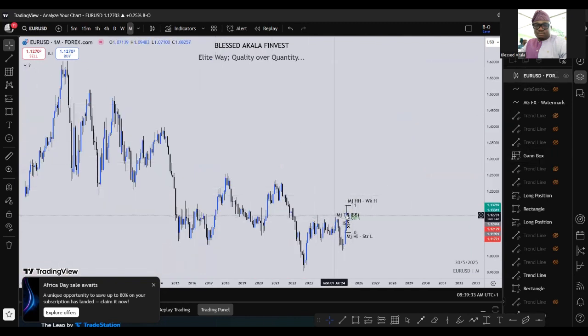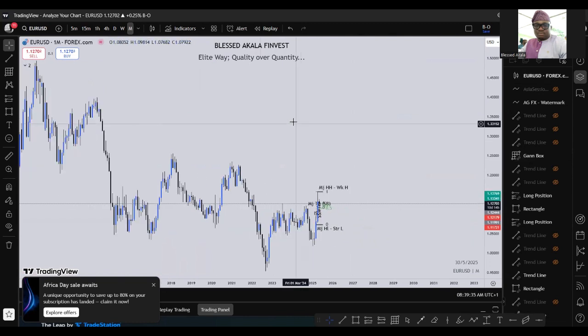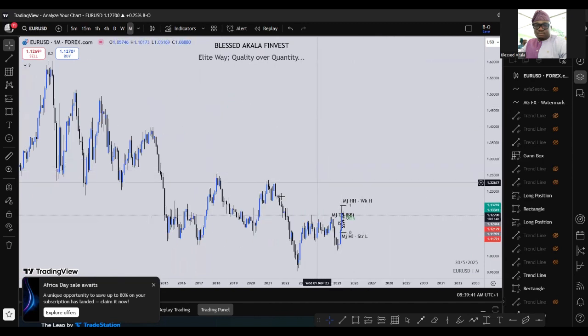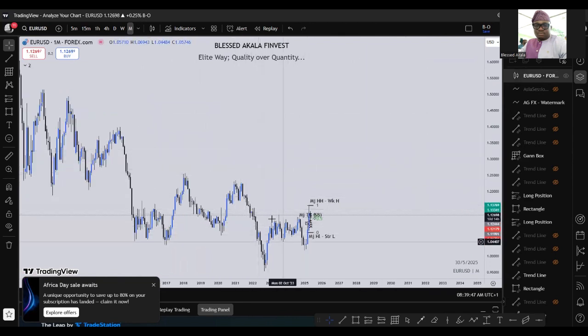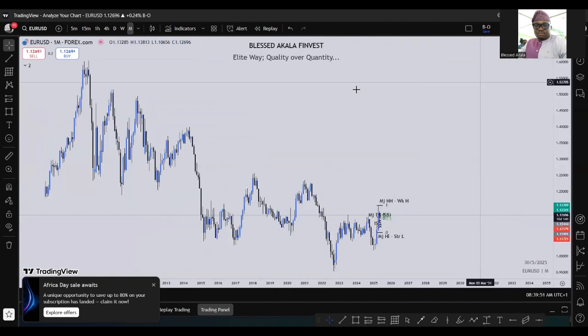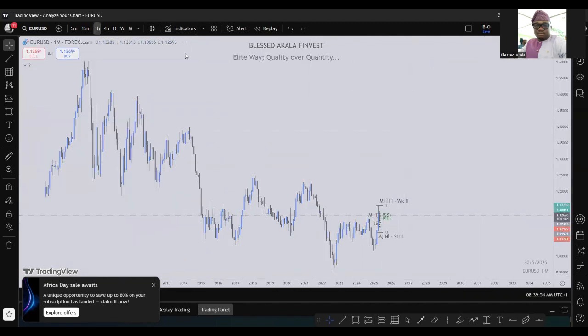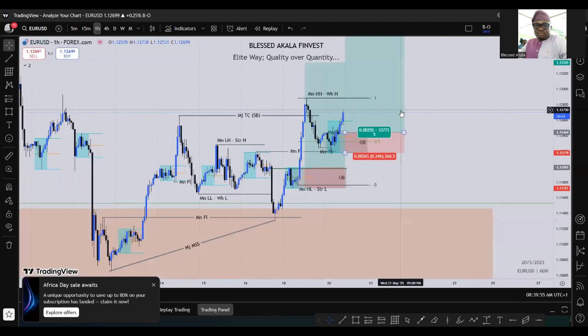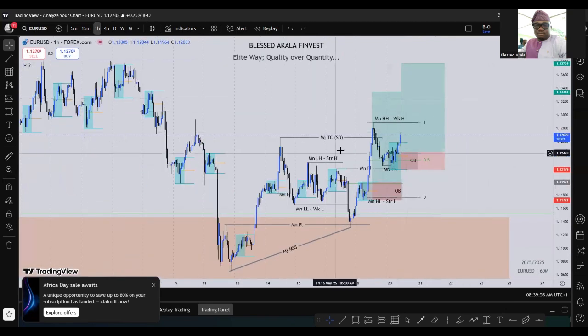Immediately we have this major TCM. So expecting that we're going to have price coming into the highs, except maybe we're going to get to this level, or maybe this level can send price lower. But at least for now, using structure, I believe we are going into the highs. So that will be my analysis for today. And that will be our potential trades anyway. We just limit to that.